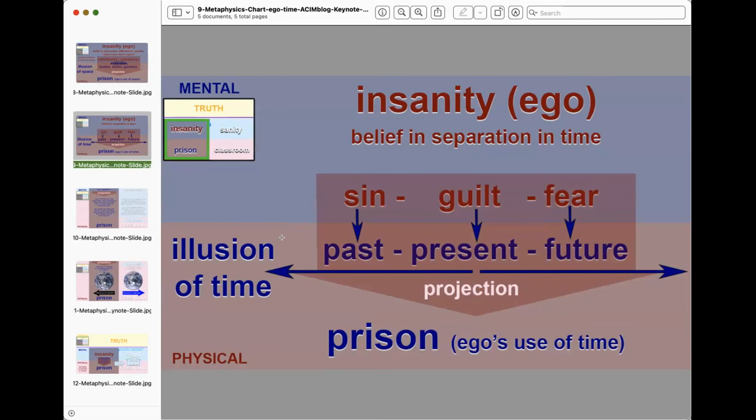So in this particular instance, the ego has three principal ideas about time. The sin becomes its way of looking at the past. The guilt becomes the present moment where the innocence is always denied. And fear is then projected into the future. And so that's the ego's use of time. And so we believe in separation, and one of the ways we do that is we made up time, which seems to have countless, seemingly infinite little slices of time, and each lifetime seems to be a little prison, if you will.